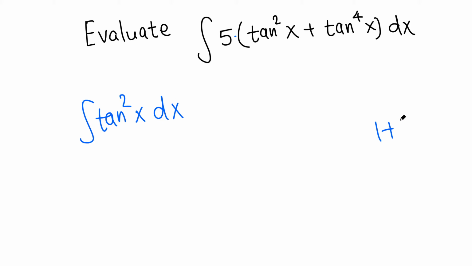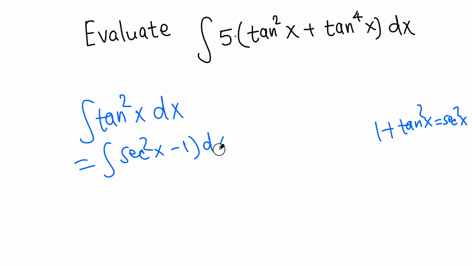We know that 1 plus tangent squared is secant squared. We know this identity. If we subtract 1 from both sides, we get tangent squared equals secant squared minus 1. So this is simply secant squared minus 1. Then we can integrate. The antiderivative of secant squared is simply tangent, because the derivative of tangent is secant squared, minus the antiderivative of 1, which is x. So nothing to worry about with tangent squared, but tangent to the fourth, we don't have